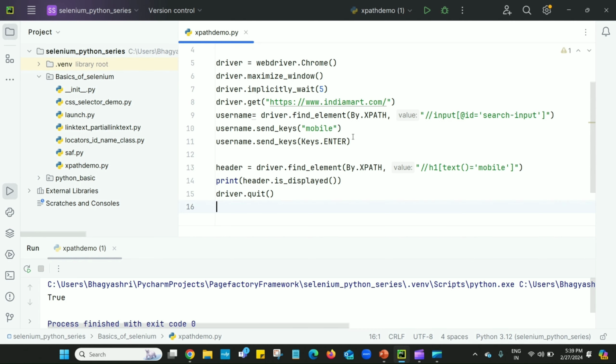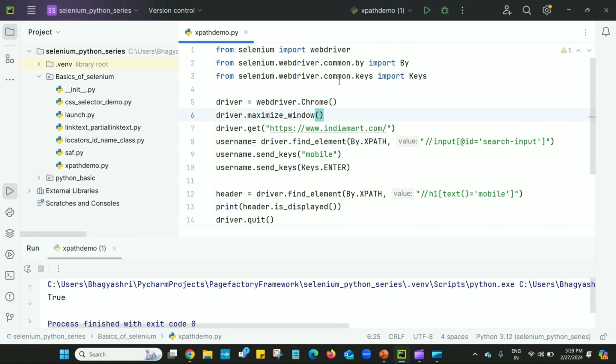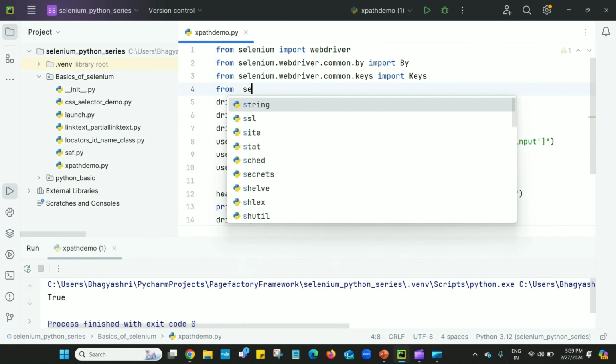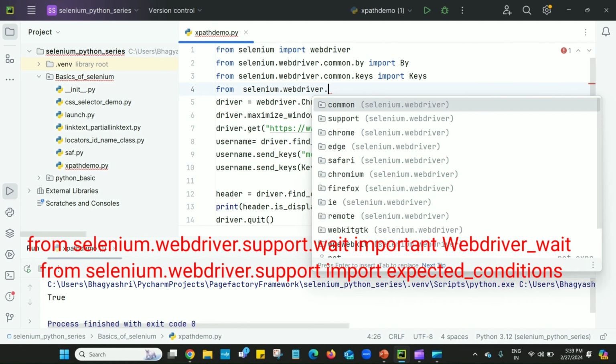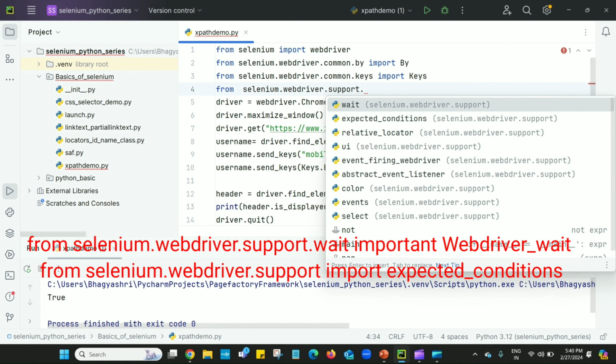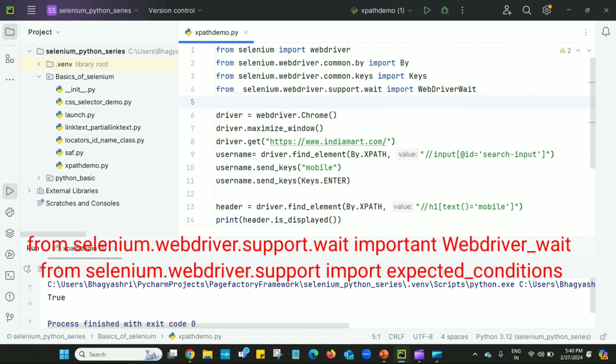So we'll execute the same program by using explicit wait. I will remove this implicit wait. For explicit wait, we have to import from selenium.webdriver.support.wait, import WebDriverWait.